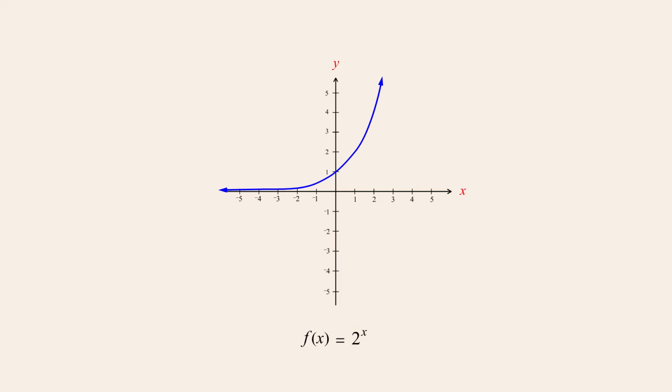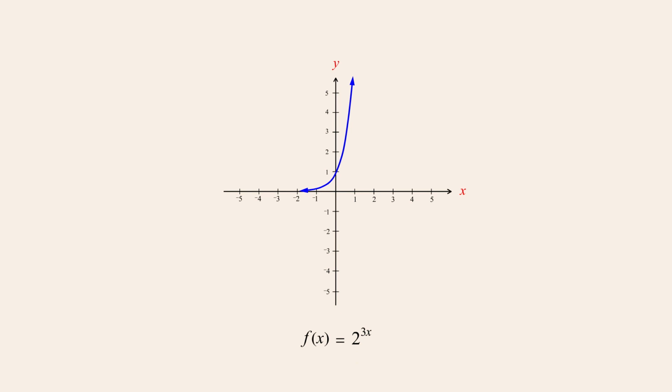Another possibility is for x to be multiplied by a constant. For example, we could multiply x by 3. Multiplying the exponent does affect the graph's shape, causing the graph to horizontally shrink or expand. In this case, multiplying x by 3 causes the graph to shrink horizontally by a factor of 3.